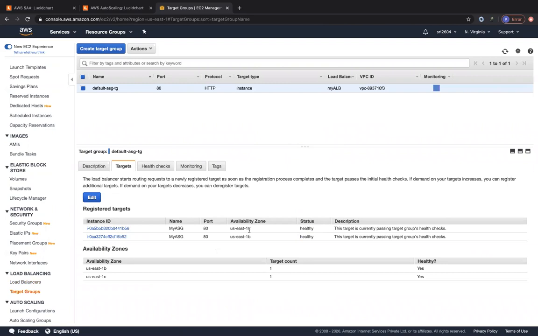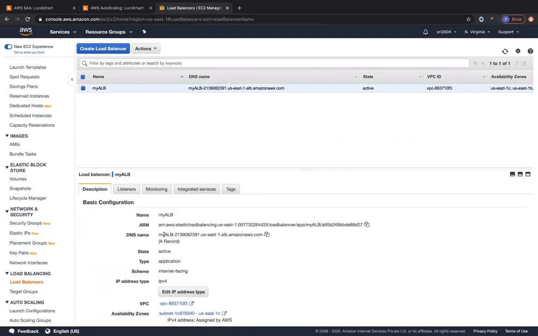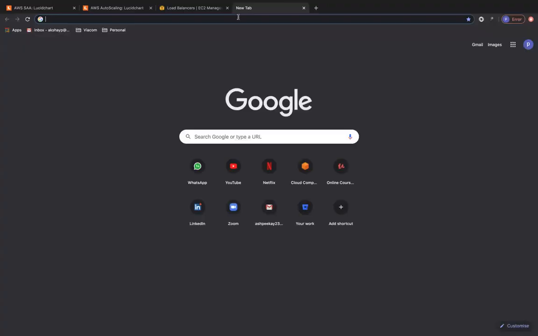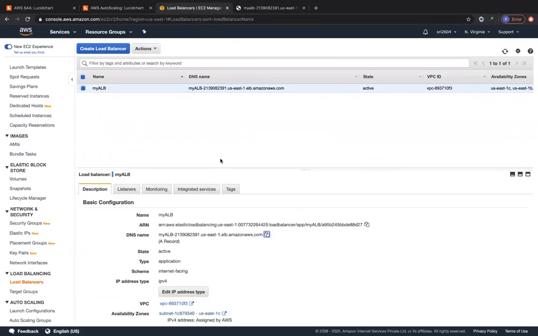So what we can do is go ahead and use the load balancer to view our website, which we created through our bash script. Let's go to the DNS name and paste it in the browser, and we should see hello world displayed. We can see hello world displayed because we opened up port 80 on our load balancer, right? And we also opened up port 80 on our EC2 instances. So the load balancer can now talk to our EC2 instances' security group also through port 80 and protocol HTTP, right?